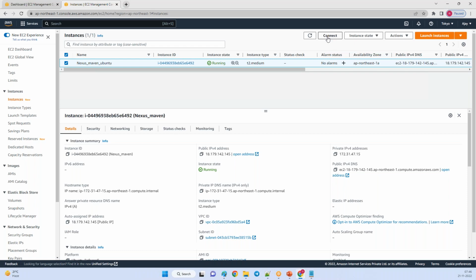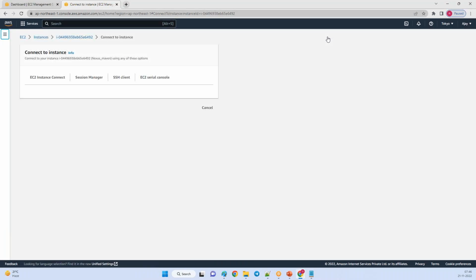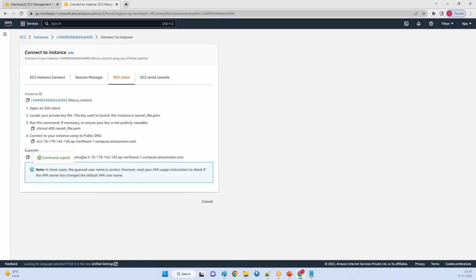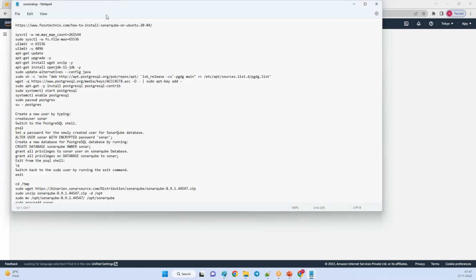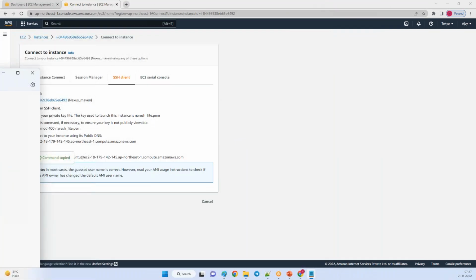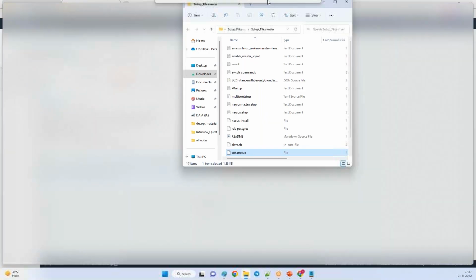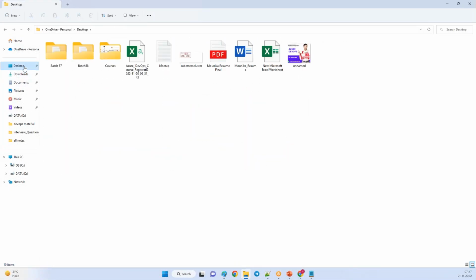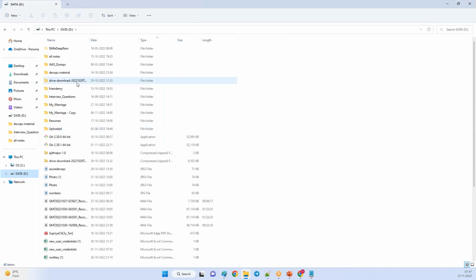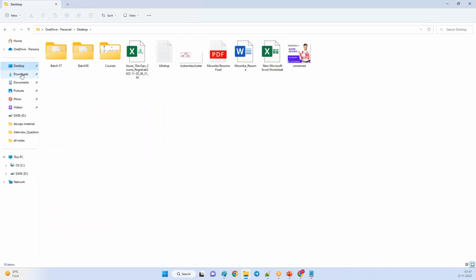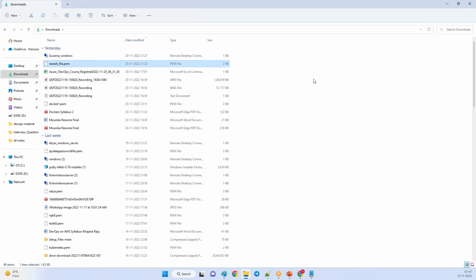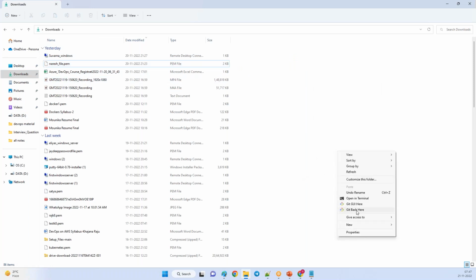Let me click on connect. You can take this example command.